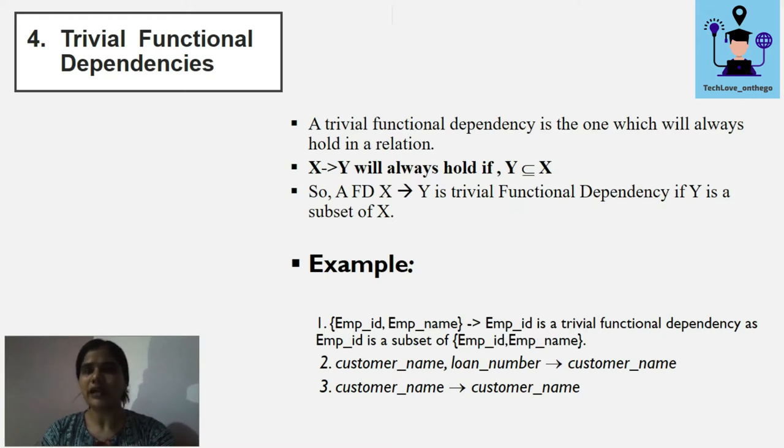That means very implicit, very much known, that if I am giving someone the employee id and employee name, then definitely they are able to reply with the employee id. So this is very implicit, very common. These types of functional dependencies are known as trivial functional dependencies. Another one: if I know the customer name, then I can reply with the customer name. There is nothing new, which is very much known. So these types of functional dependencies are very much clear.